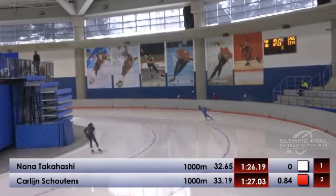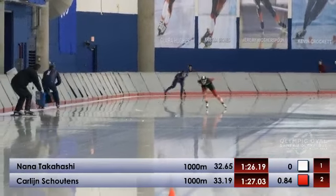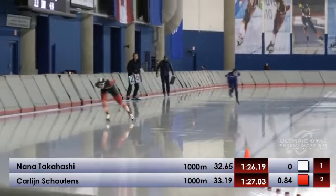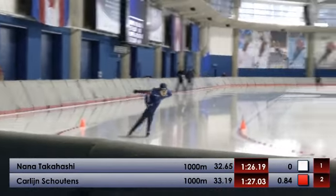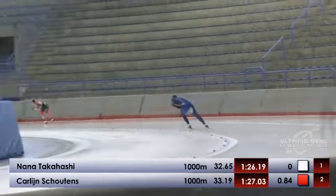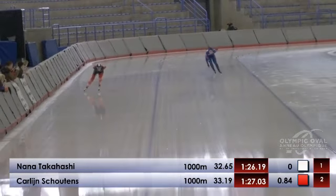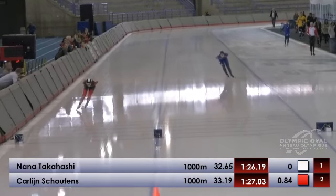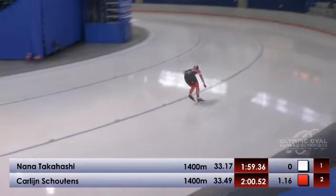Takahashi 32.6 again. 33.1 for Schoutens. Nana Takahashi chasing a personal best of 7:18.90. Carlin Schouten 7:11.68. As Takahashi maintains her lead,